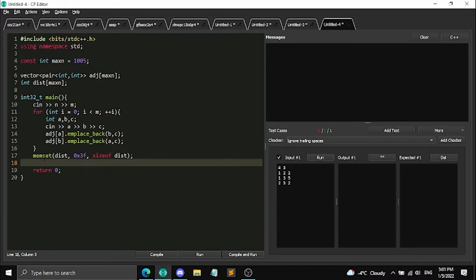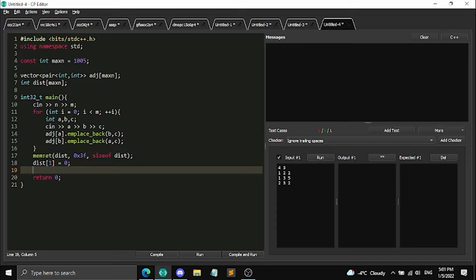Okay, and so we know the distance from 1 to 1 is 0. And we know that to implement Dijkstra's, we need a priority queue. And if you don't know what I'm talking about, I think the juniors learned Dijkstra, so you can go check out that document that Gordon had with Dijkstra's. But I think most of you should know what Dijkstra's algorithm is. So for priority queue in C++,